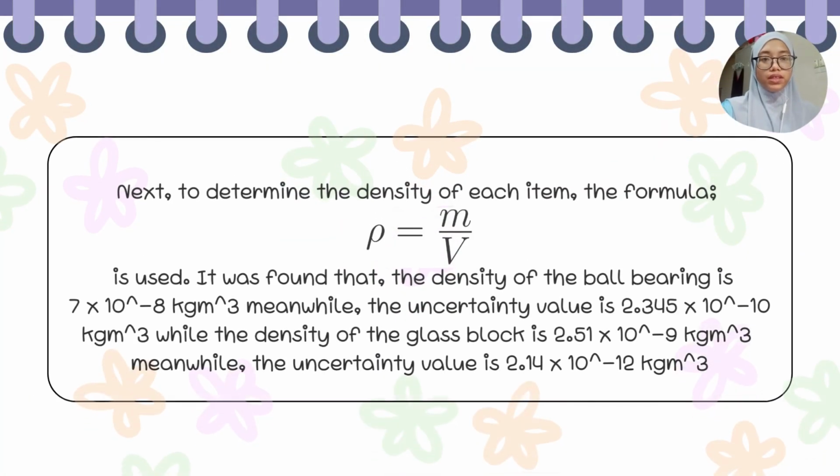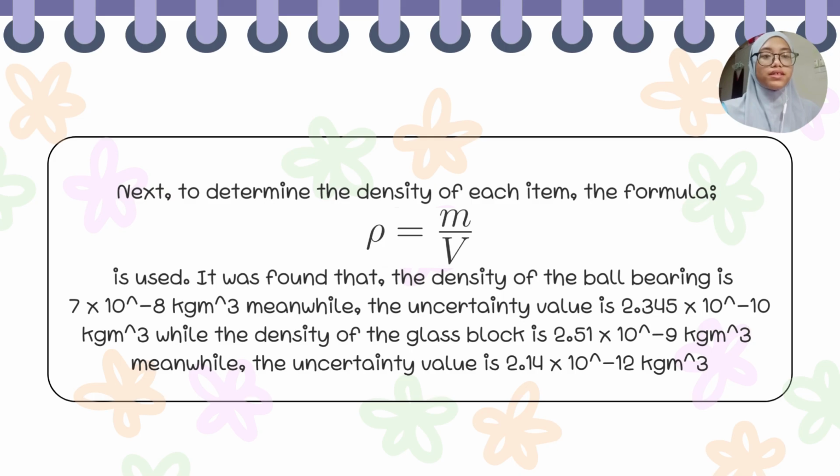Next, to determine the density of each item, the formula density equals mass over volume is used. It was found that the density of the ball bearing is 7 times 10 to the power of minus 8 kilogram per meter cube. Meanwhile, the uncertainty value is 2.345 times 10 to the power of minus 10 kilogram per meter cube,